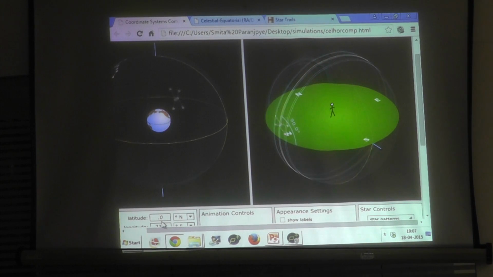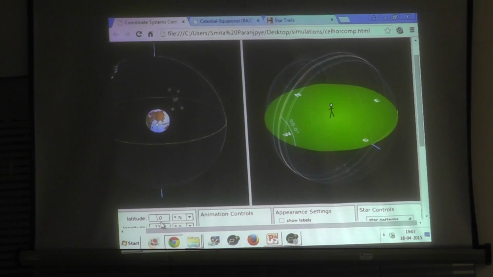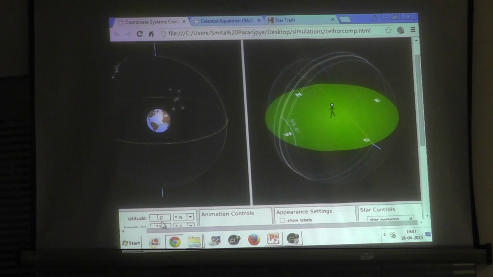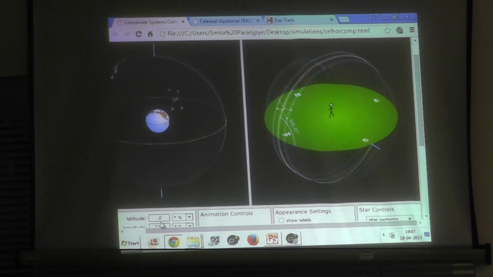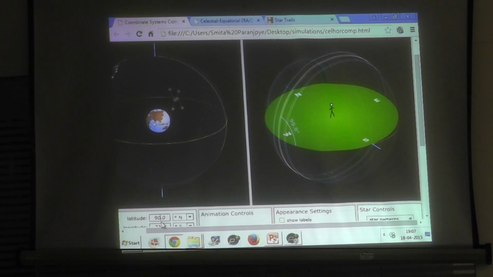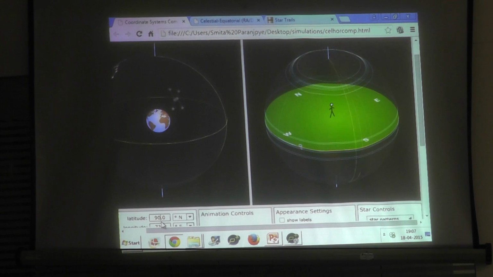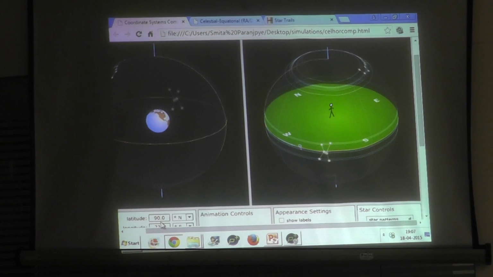Yes. Because 90 degree, what does it mean? It's at some angle with respect to the horizon. So at the North Pole, if I again go there, the entire celestial equator will be around me. And that is why I see that the pole star is right above us, and that's why these circles are happening.